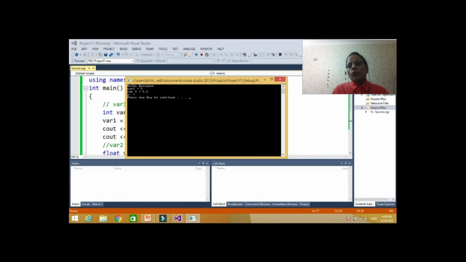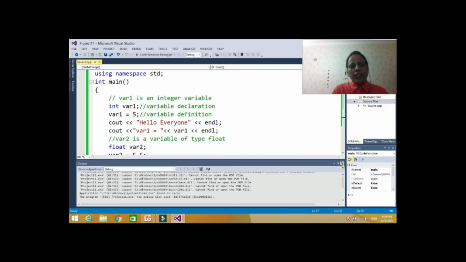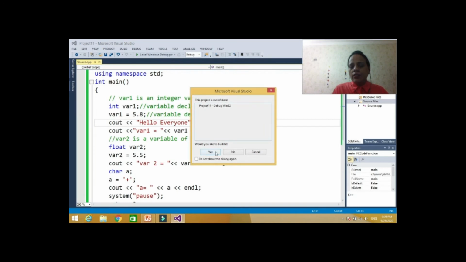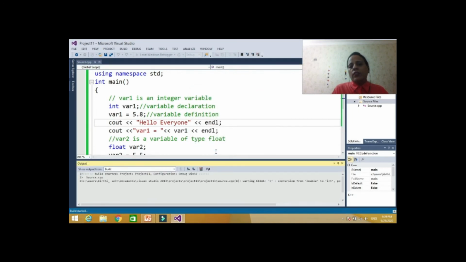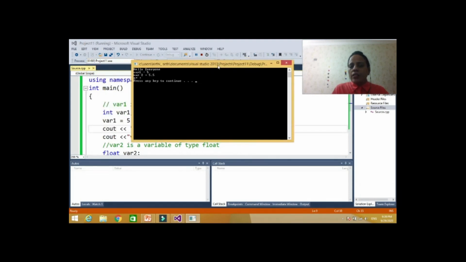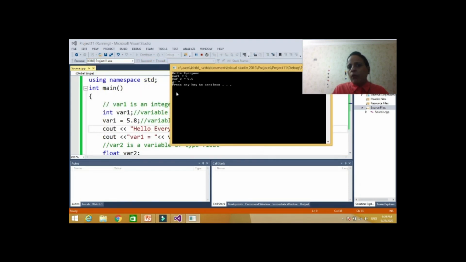Now if you want to check, for example, we declare var1 as integer, and if we assign a floating point number to this var1, let's say I say var1 is equal to 5.5, then what happens? Now when I run it, see, it will still display only the whole number.